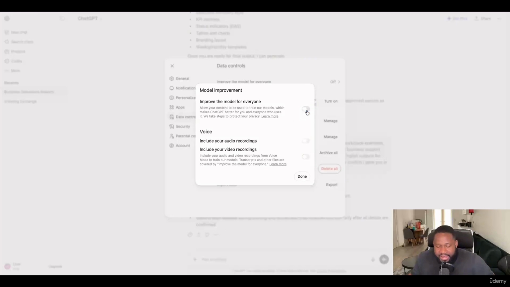And it's turned off now. And then these also are other things that they might want to use. So if you turn this on, it means whenever you use dictation, it pays attention to how you talk and all that, and also that is used to train the voice models. So that's a key thing to highlight for this whole